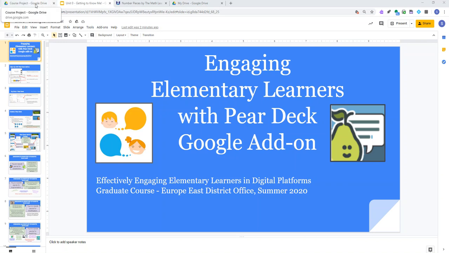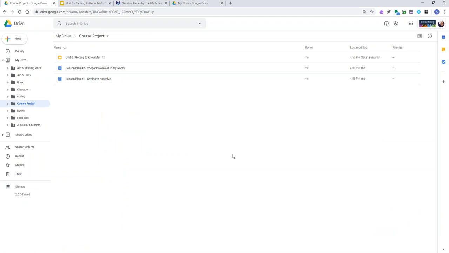Before we do that, I just want to make a little plug for some file management. Knowing where your files are is a really important piece of your project so that when you get ready to turn everything in at the end, you're going to be able to pull all the pieces together. So we're encouraging you on your My Drive to now create a folder called Course Project or something else that makes sense to you, where you can house all of your lesson plans and all of the resources that you're